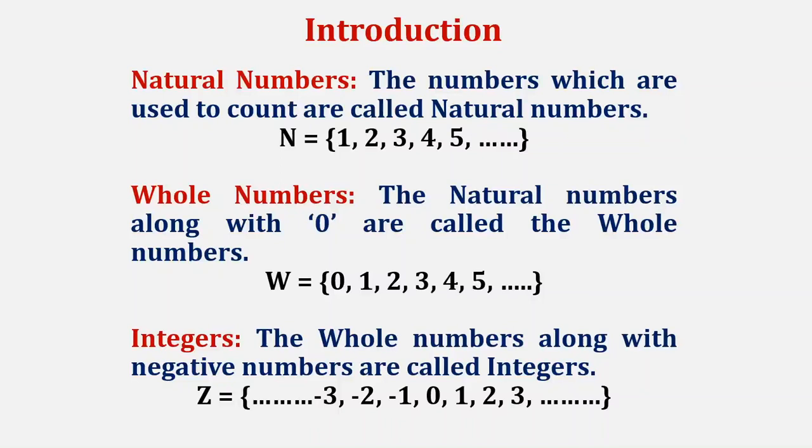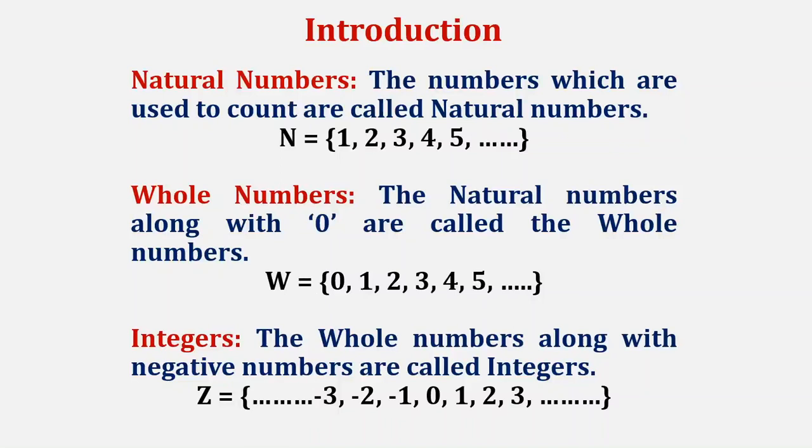The first number we start from the 1 generally, naturally. So that's why the natural numbers are listed from 1, 2, 3, 4, 5 up to plus infinity. Natural numbers are generally denoted by the capital letter N, which is a set of 1, 2, 3, 4, 5. Next, by extending the natural numbers to the next number system, which is whole numbers. The definition for whole numbers is, that the natural numbers along with 0 are called the whole numbers. Just we annex one more number which is 0 to the set of natural numbers, which is 0, 1, 2, 3, 4, 5, the set of whole numbers. The set of whole numbers is denoted by the capital letter W.